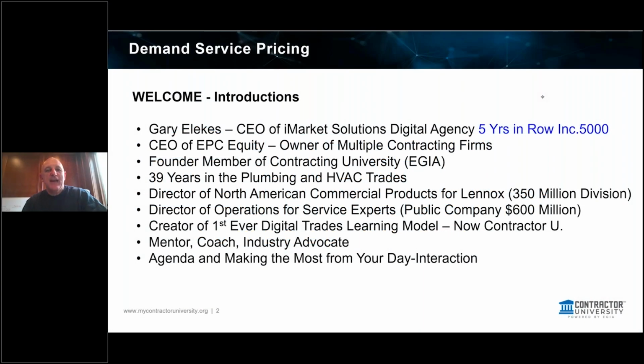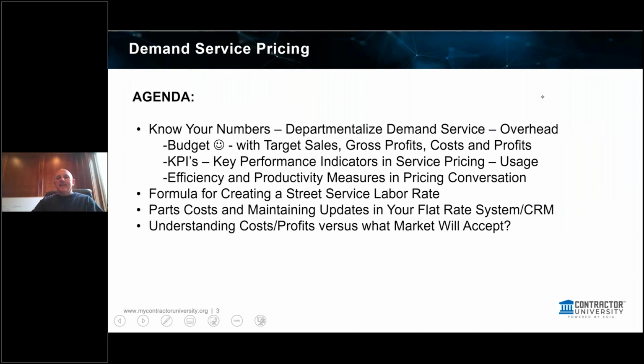I appreciate everybody spending some time with us today. It's an appropriate topic because we're going to be talking about something that's relative to inflation and gas prices and just the changes that are going on inside of the environment for the industry, but not just us, but everywhere. Just how service pricing is organized inside of a business. So one of the things that we can say historically is that the industry has struggled in the service business making money. Not all companies, but generally speaking, most companies have lots of service calls and don't necessarily know how